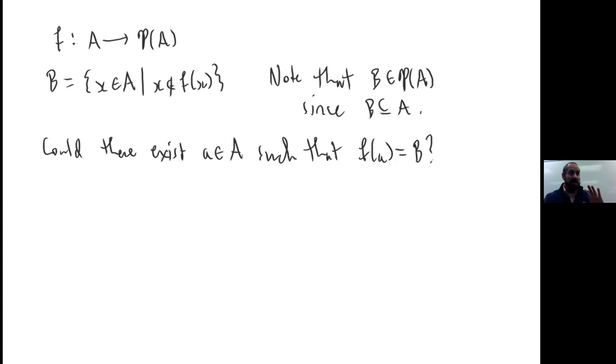If it's not possible, that means that this can't possibly be a surjection. Does that make sense? If nothing ever hits this set B, then we've missed something over in the power set. Yeah? And therefore, this thing is not onto. Okay? Well, let's just suppose for the sake of argument that f of A is equal to B. Okay? We're going to show that this leads to some bad stuff. Okay? So here's my first question.